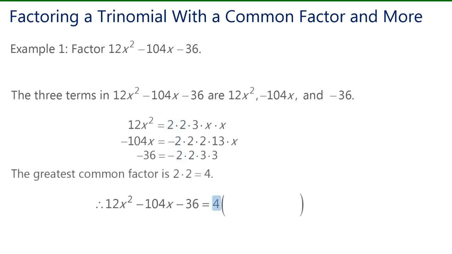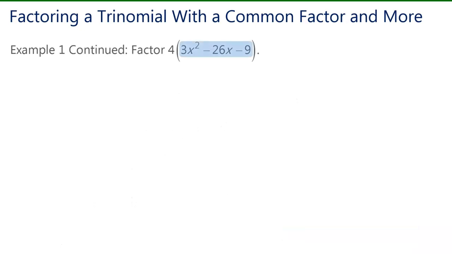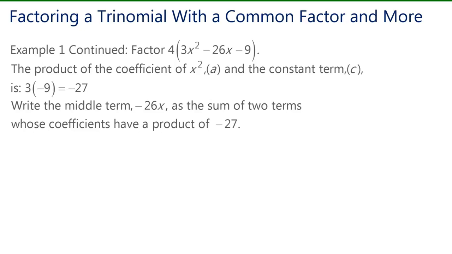We place this 4 in front of a set of brackets, and the trinomial in the set of brackets is 3x squared subtract 26x subtract 9. But the trinomial in the brackets can be factored further. Let's look more closely at the trinomial inside the set of brackets. The product of the coefficient of x squared, a, and the constant term, c, is 3 times negative 9, which is negative 27. Write the middle term, negative 26x, as the sum of two terms whose coefficients have a product